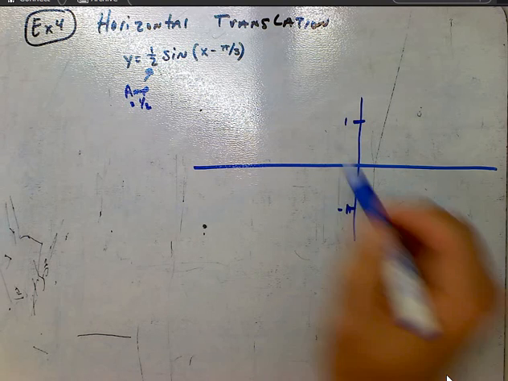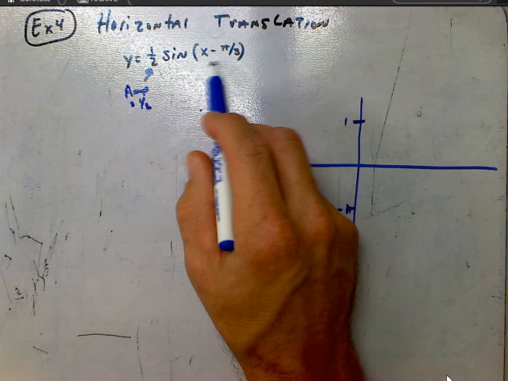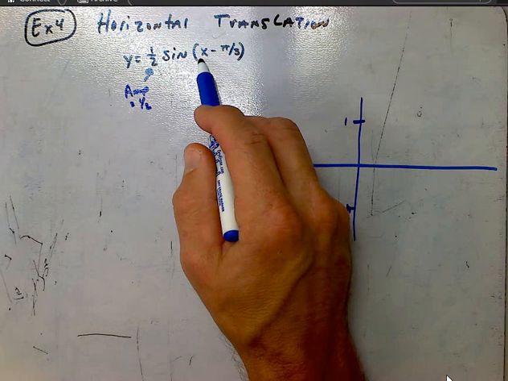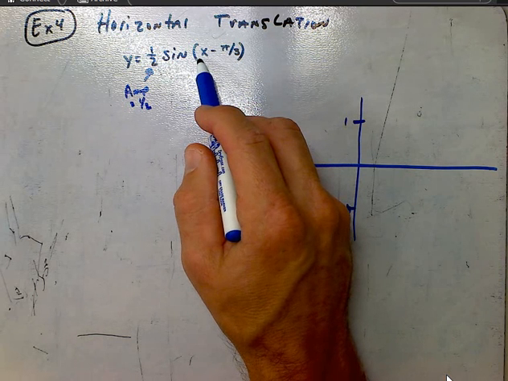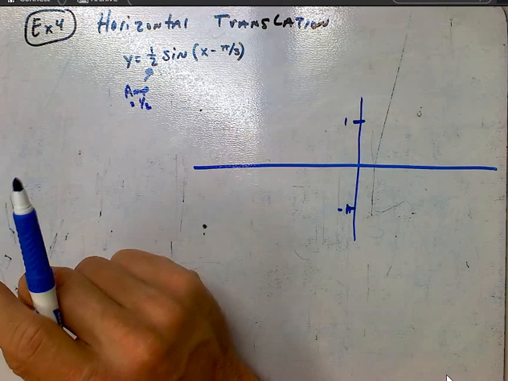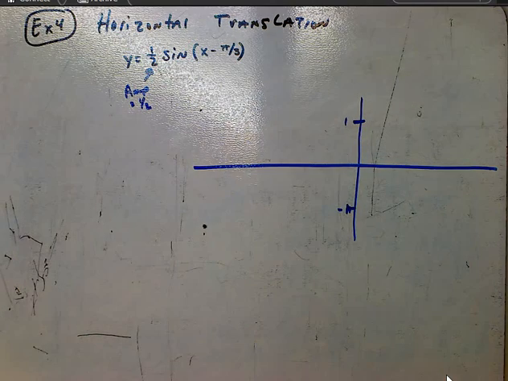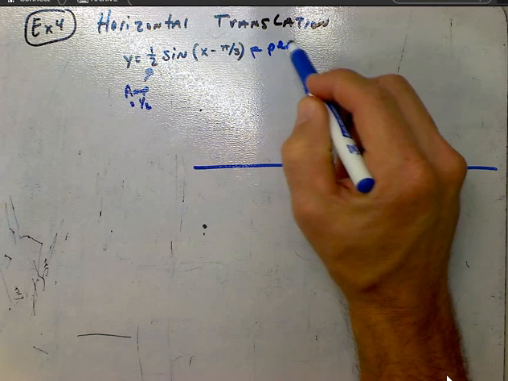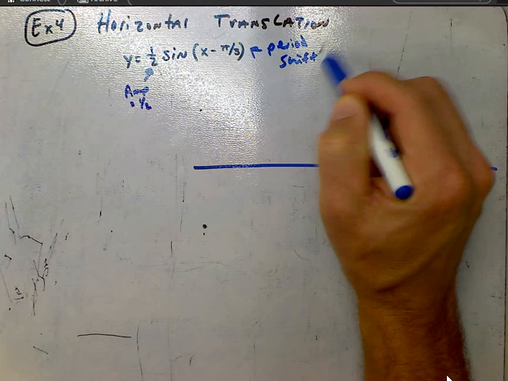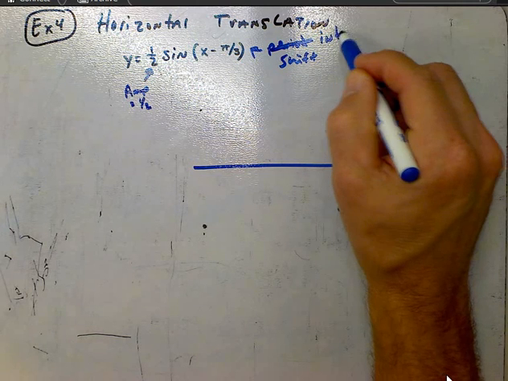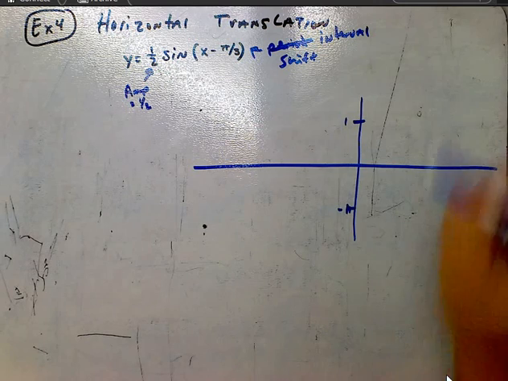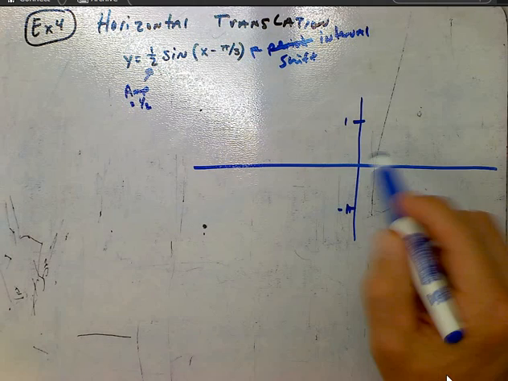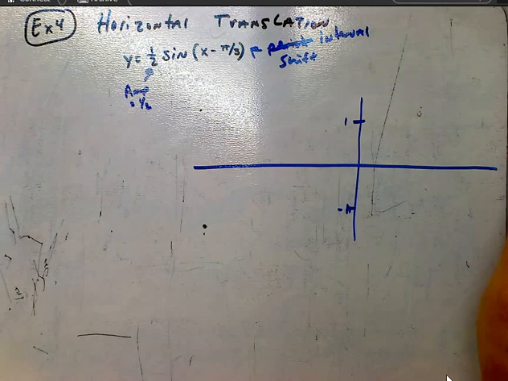Now the horizontal shift is because of this x minus pi over 3. Since x has no coefficient, it's not going to have the same effect that example 3 did. It will not have any period change. It just has a period shift, or a better term for that is an interval shift. So, since the interval usually goes from 0 to 2 pi, the first period, what I do is I say